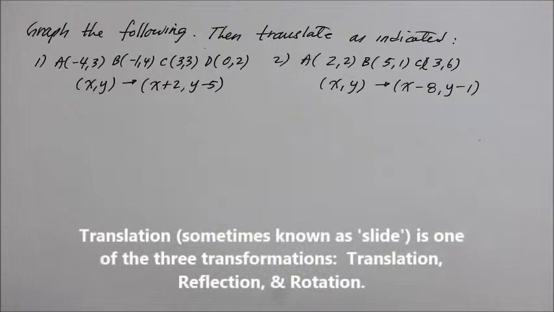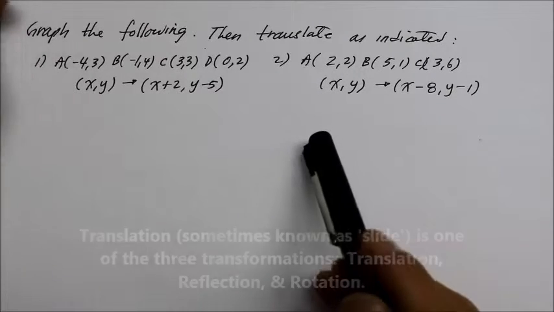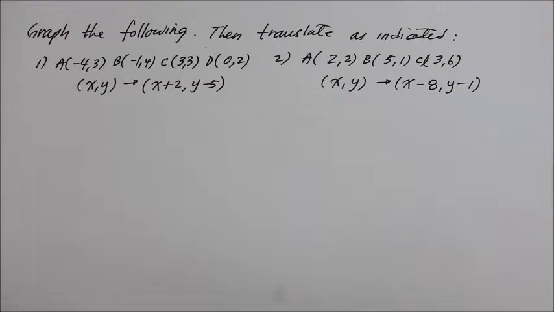Translation. Translation is another type of transformation, moving from one point to another on a coordinate plane. Sometimes translation is called a slide. For example,